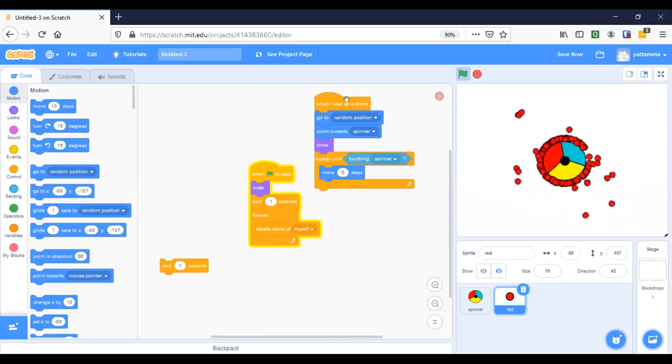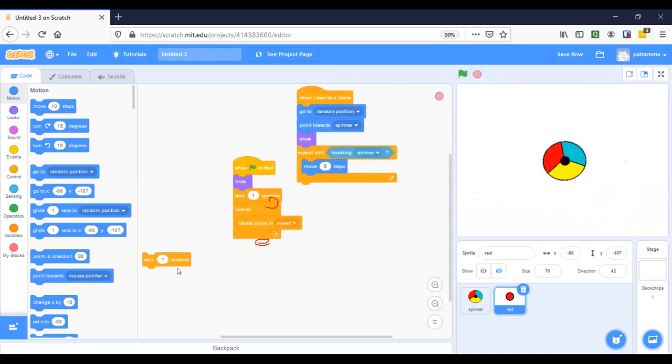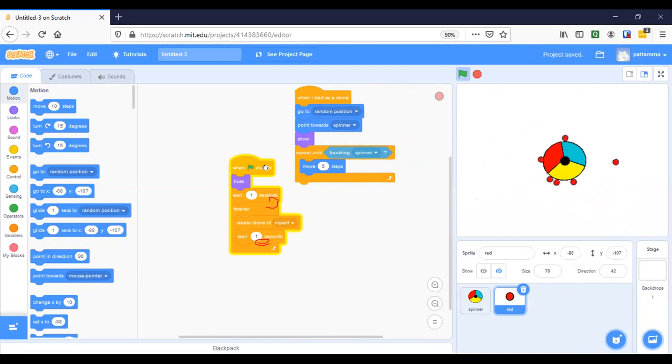So the particles are moving very fast, right? So we have to slow it down. In the forever loop, put a wait block over here. You did not put a wait block. I didn't put it because then it was looking even worse. No, it's better, right? Before, the dots were not vanishing, only when I stopped the code. All right. So now it looks better, right? Yes, sir. Now let's look at others.